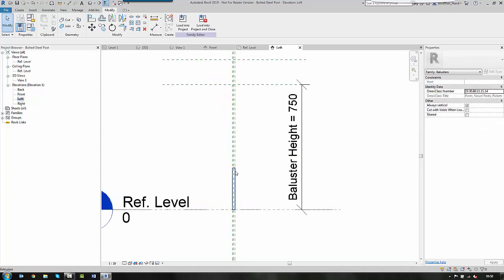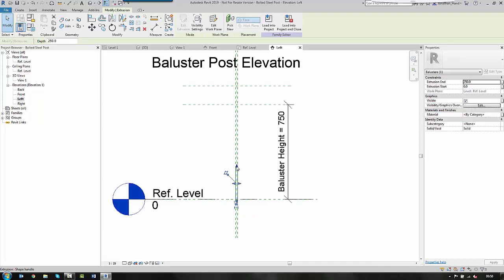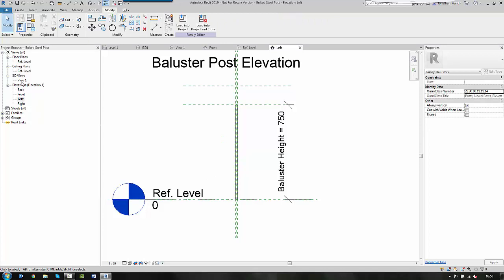So this is the left view, so I'm going to select the extrusion, drag it using the shape handle, and drag it up till it meets the baluster height reference plane, and I click the lock. I like to just drag the bottom one up and down again so I can just lock it back into position. So now when we look in 3D,